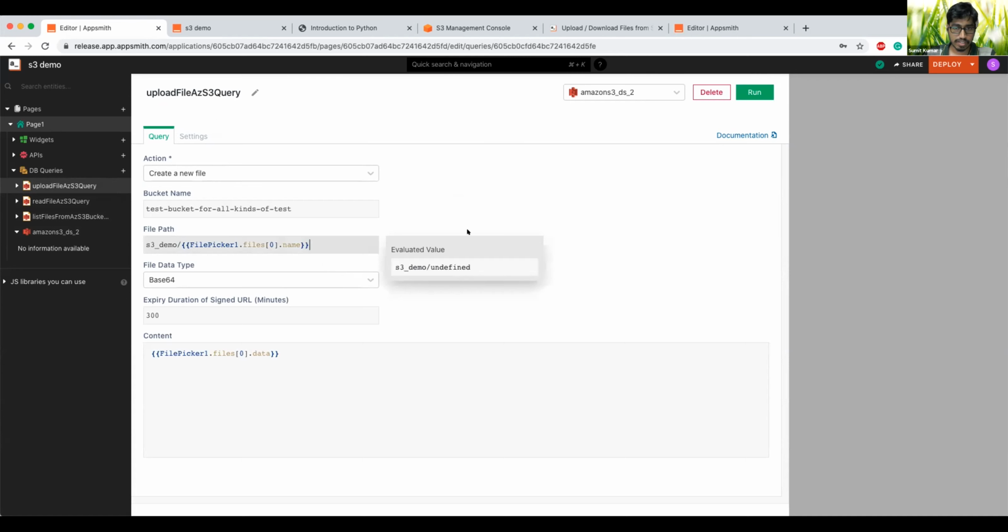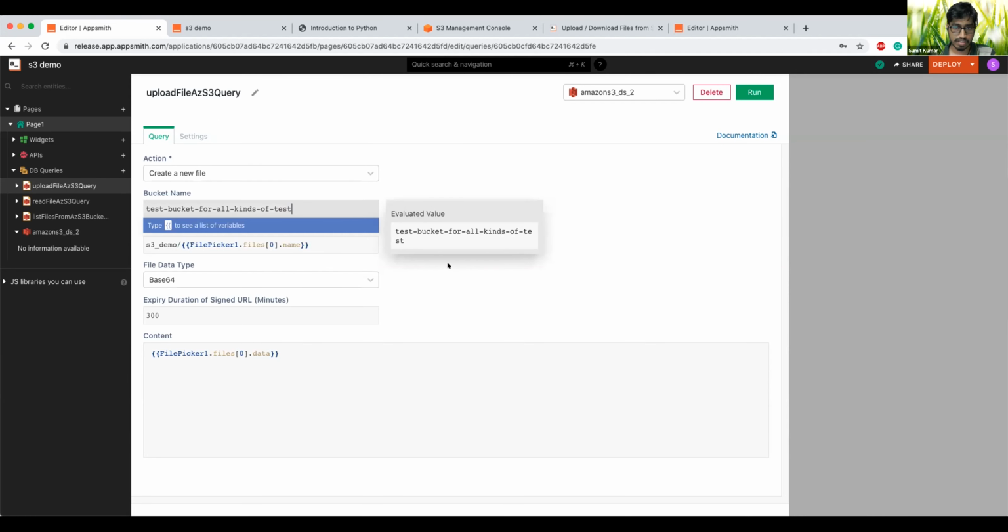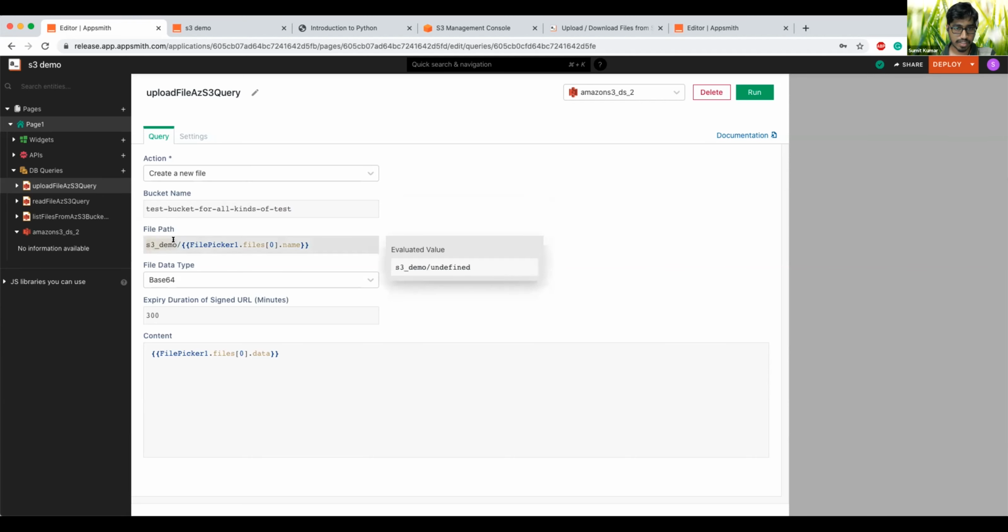Here you provide the path at which the file should be present on your Amazon S3 storage inside the given bucket. If you notice here, I have given a directory name as s3_demo, and the file name itself is getting picked from the file picker widget. We'll come to the file picker widget in a minute.